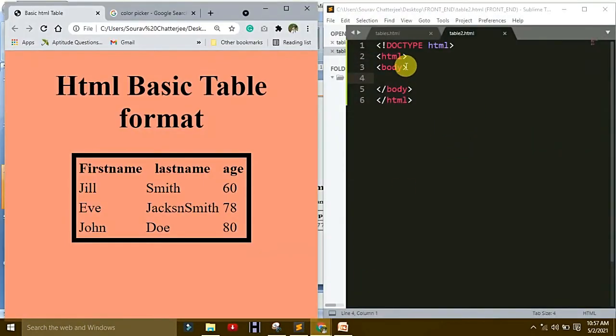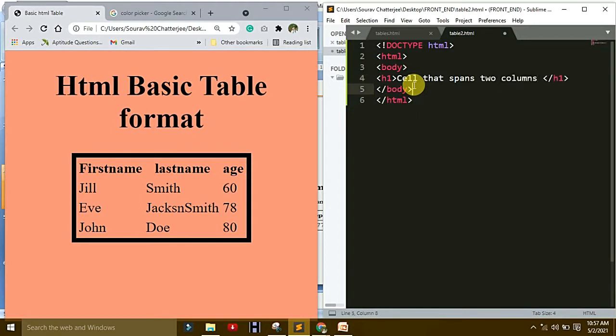Now we understand. It is H1: cell that spans 2 columns.